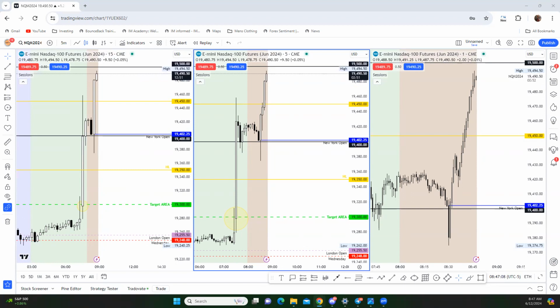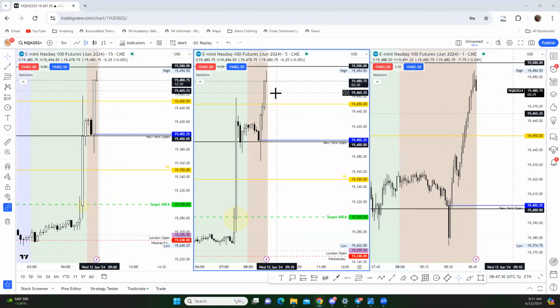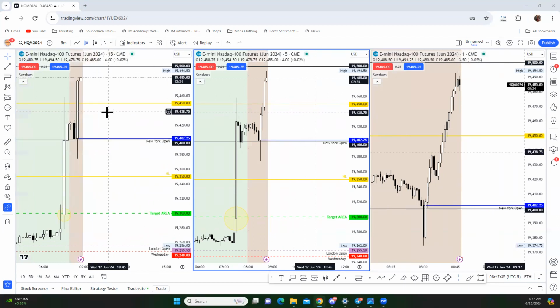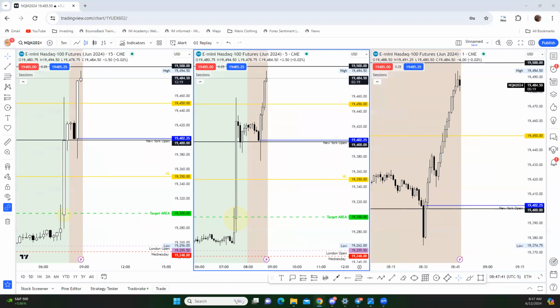So then taking a look at dollar index, I think we're below that 104 level still, 104.40 is where we're sitting right now. So I just really want to see this reaction at 104.50. Are we going to go ahead and slip below 104 and break, or what are we going to do? Right now, still waiting here. YM is still showing quite a bit of bearishness from the New York Open.